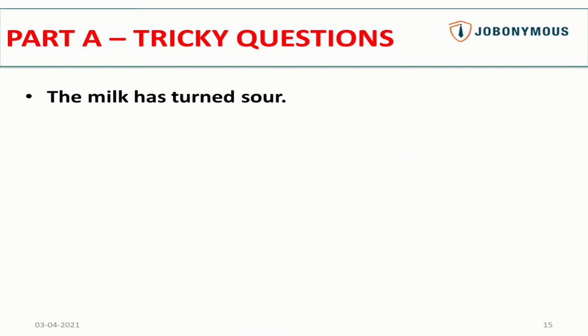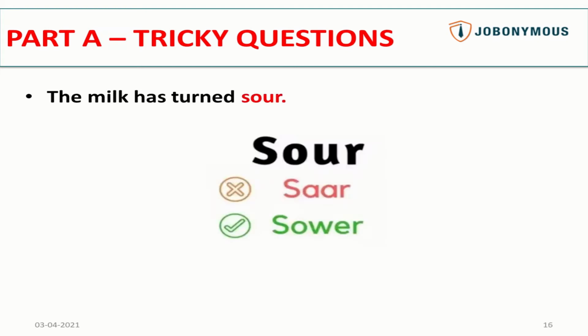So many of you may read it like the milk has turned sour or sour, which is again not correct. The correct spelling here is sour. The milk has turned sour. Pronounce it like sower, sour. This is the right way, and this is a very common word, and it can come in Amazon's version round.